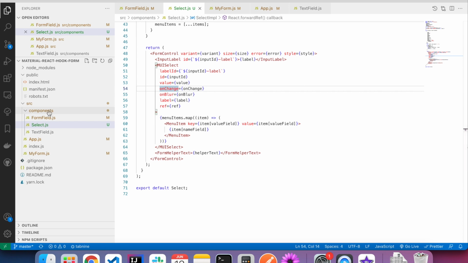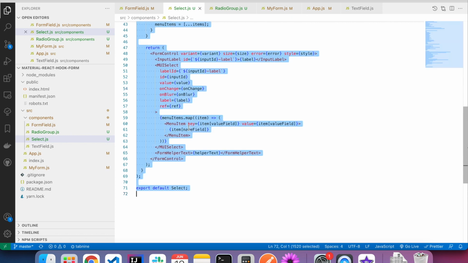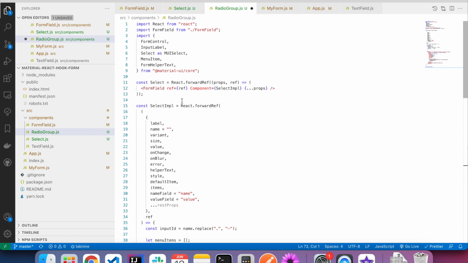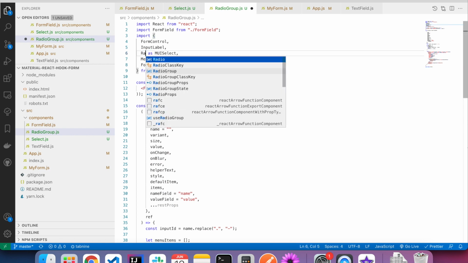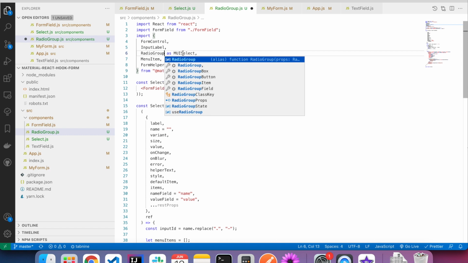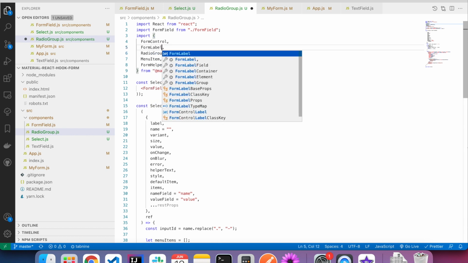Let's create radio group component. I'm creating a new file, radiogroup.js. Okay, I'm going to copy and paste the entire code from the select as is. Then I'm going to import radio group as MUI radio group. Instead of input label, I'll need form label.